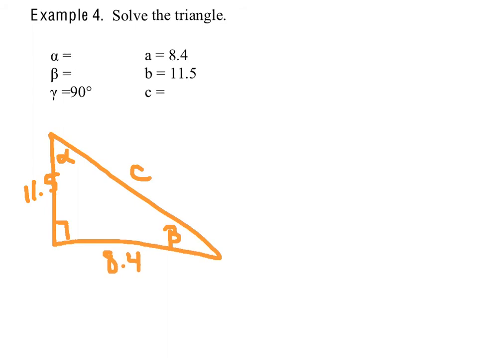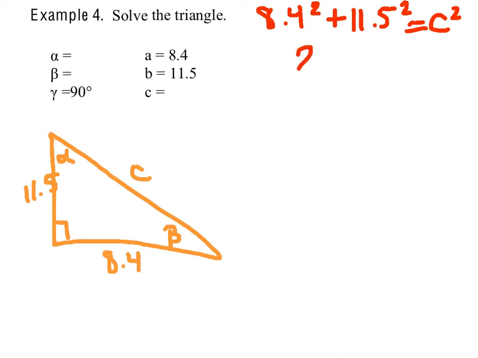Now again, if we take a look here, we don't have to use trig for the first thing that we solve for. In this case, the first thing we're going to solve for is little c. We're given two sides, so we can go ahead and find the third side by using the Pythagorean theorem. So it's going to be 8.4 squared plus 11.5 squared equals c squared. If I go ahead and just enter 8.4 squared plus 11.5 squared in our calculator, you will get